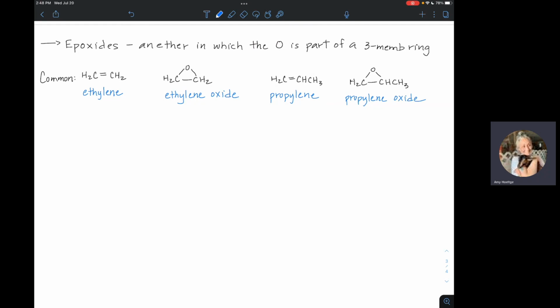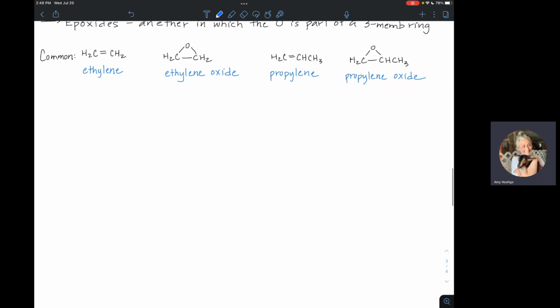So, of course, IUPAC nomenclature is going to be a little bit different. So, another way that we could name these